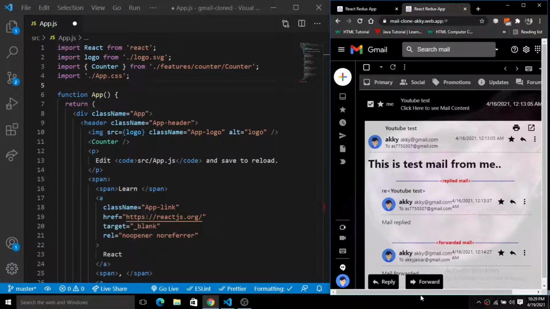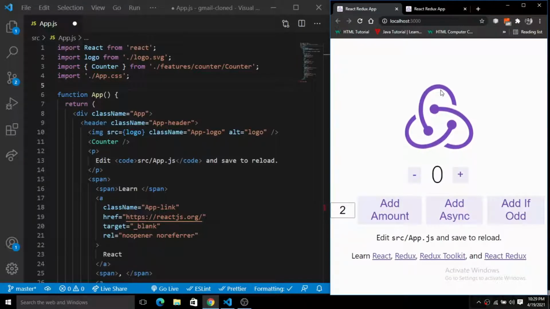So basically this is the deployed version, and this is the running React application here. So we just want to remove these things because if we simply fire the command npm start, you will get this type of React Redux logo that is going up and down a little bit here.